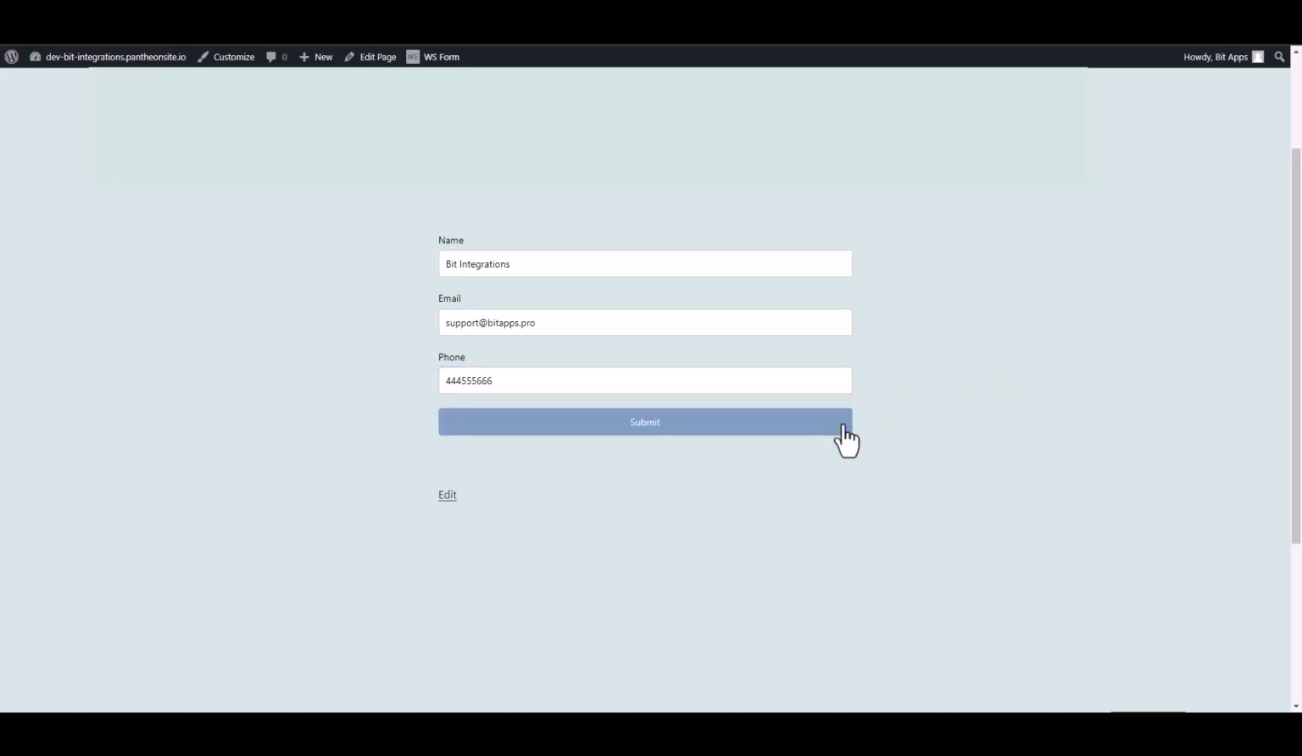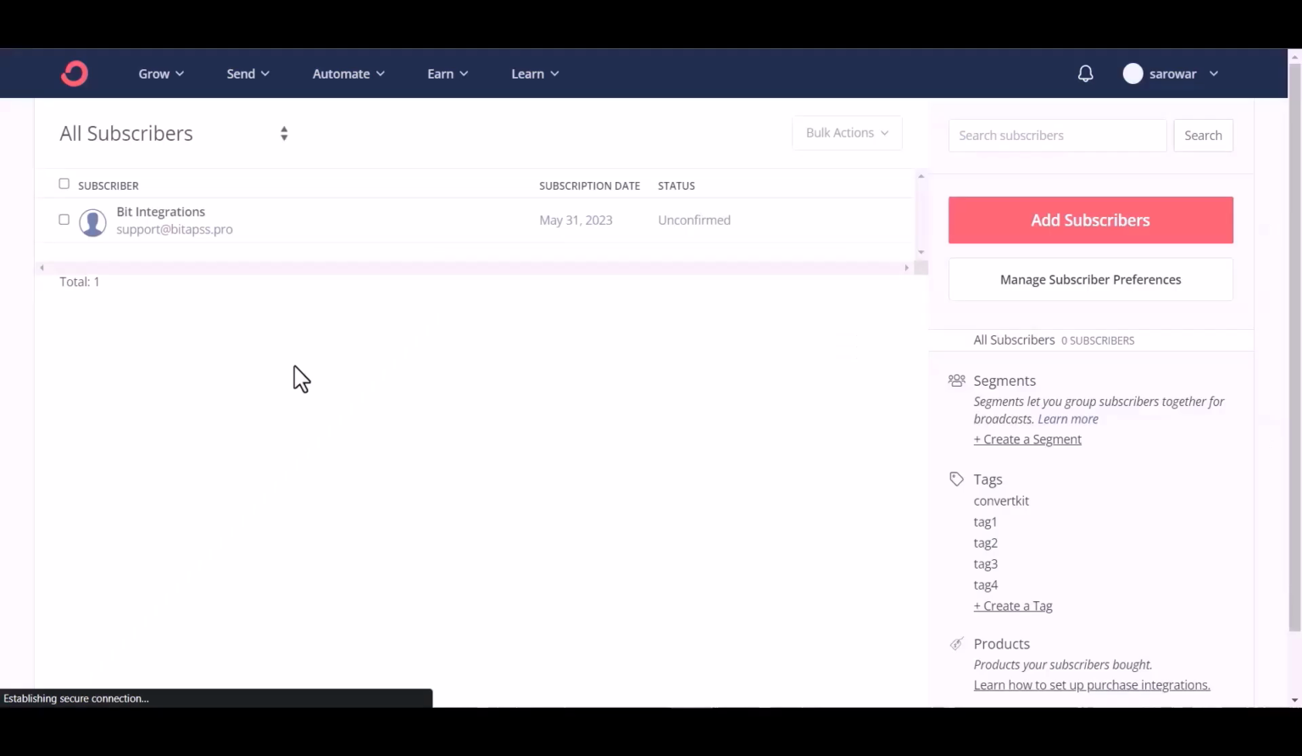Submit it. Form submitted successfully. Now go to ConvertKit site, and you can see the data came successfully in the